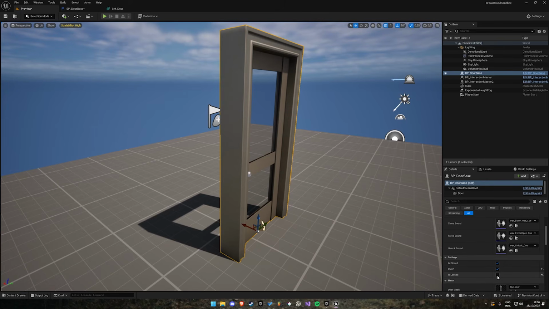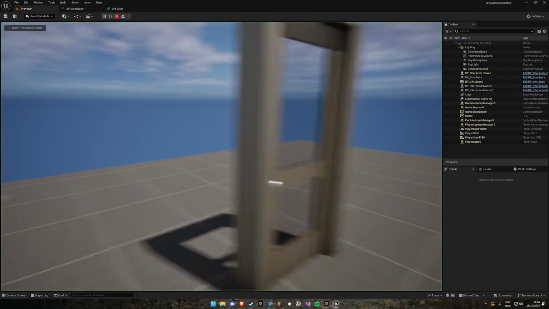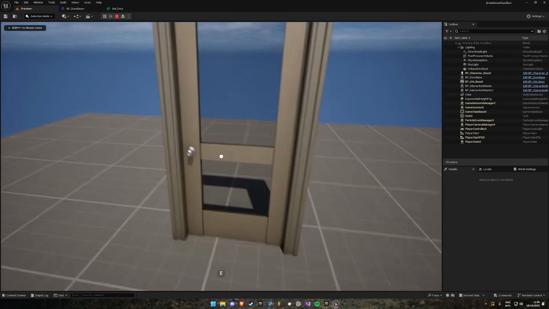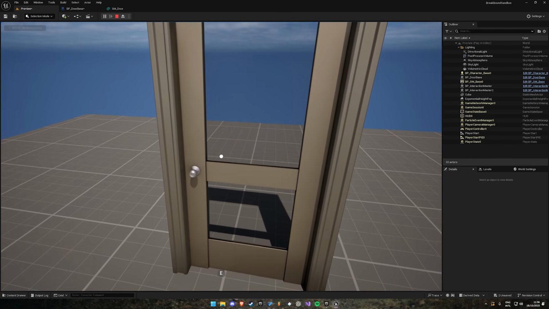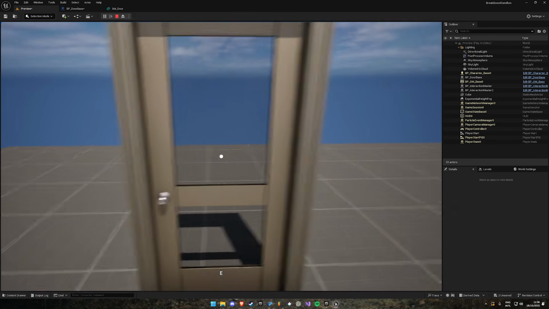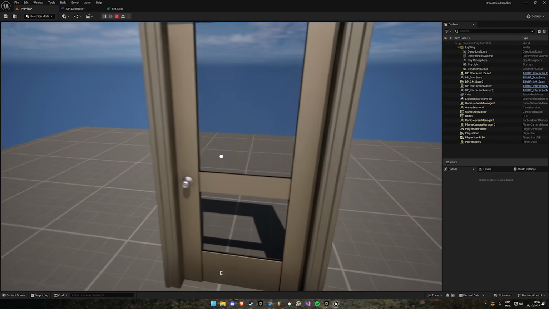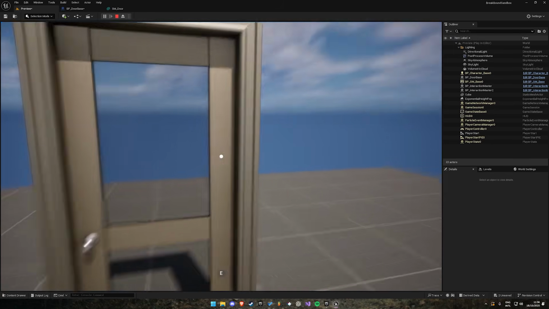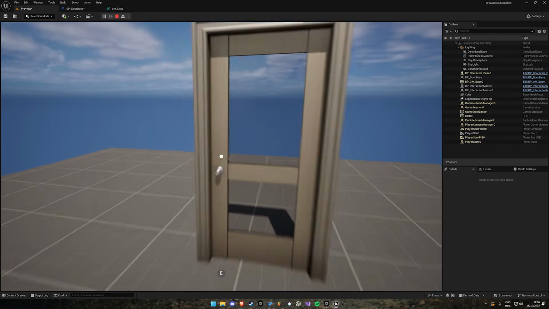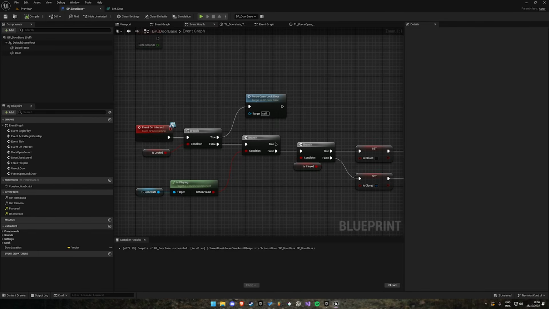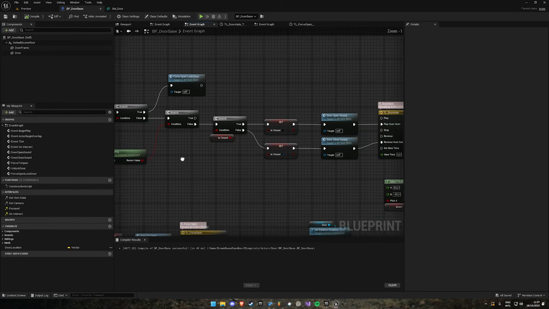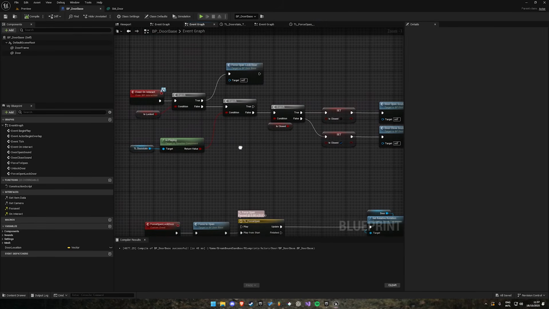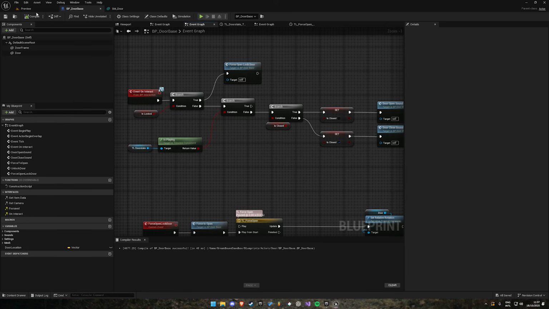When the door is locked like so, it should now play the animation. You see, so this is like you're trying to open a door but it's locked. And whenever you had the key, it will then either open it, and if it doesn't find it, it will play the same effect. So you can have locked doors. All right. So yeah, this is pretty much everything you need to have a simple door opening and be able